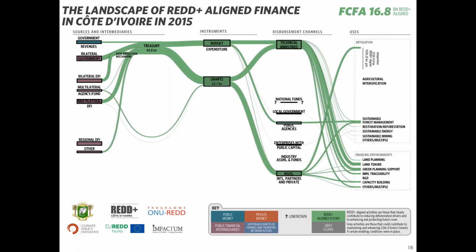Estimates suggest that more than $290 million per annum would be needed to meet Cote d'Ivoire's 2030 20% forest cover objective alone. And we found that only about 2% of this, about $6 million, went to reforestation and sustainable forest management in 2015. So we can see that also on this diagram that enabling environment spending is higher than direct spending, with just,